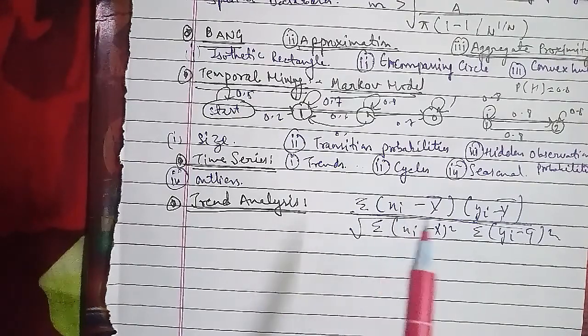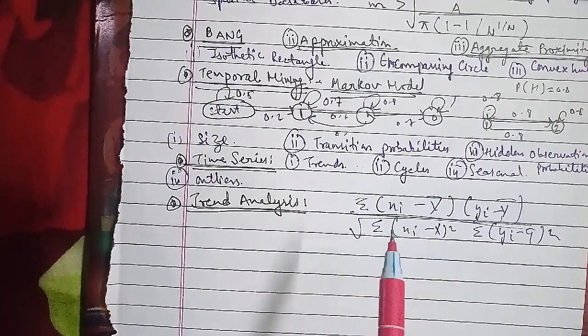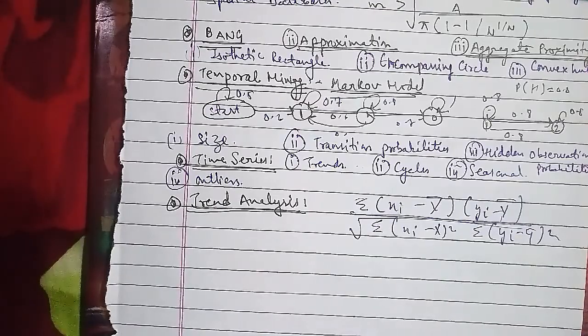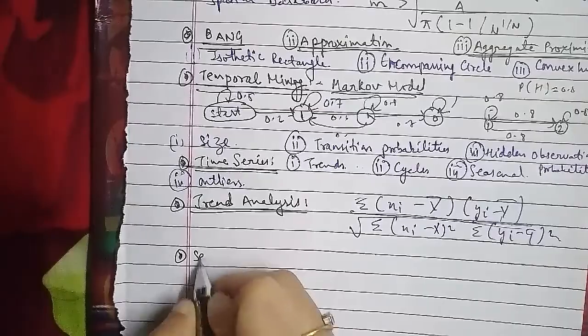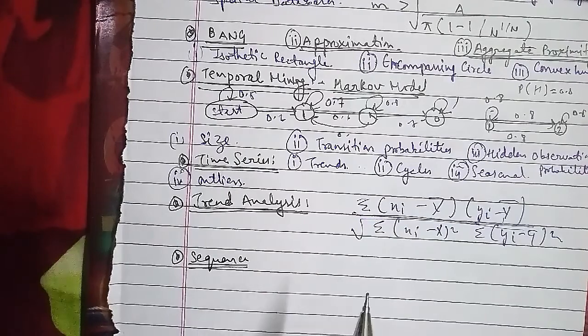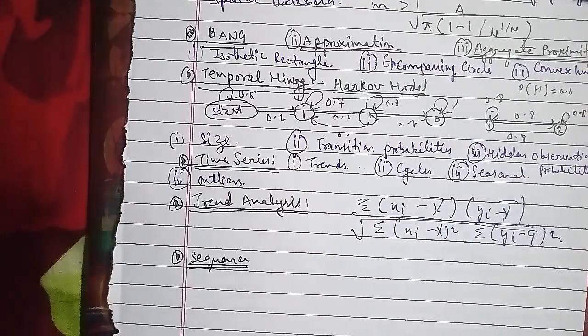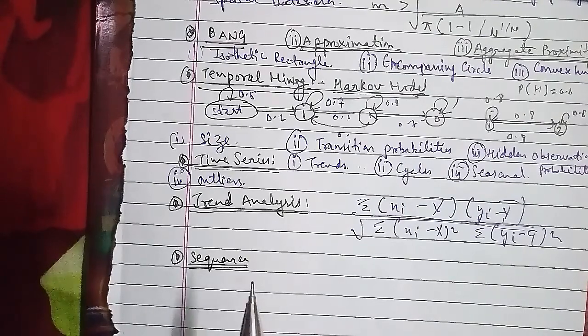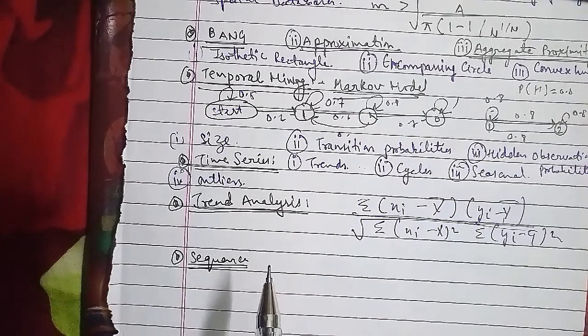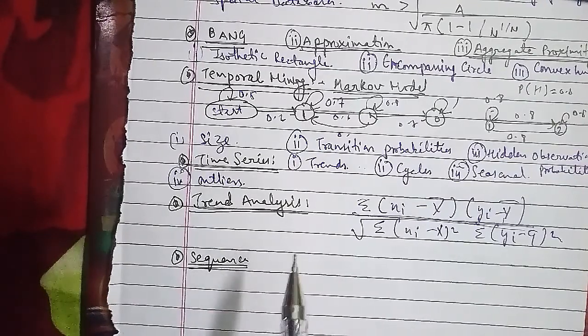Now we'll discuss the sequence. The question asked is: explain sequence. A sequence is an ordered list of items, where I equals I1, I2 till In is a set of items, and a sequence S is S1, S2 till Sn, where S belongs to I. A sequence is sometimes viewed as an ordered list of attribute values from any domain, and the individual members of the sequence are sometimes viewed to be sets of items from some underlying domain.